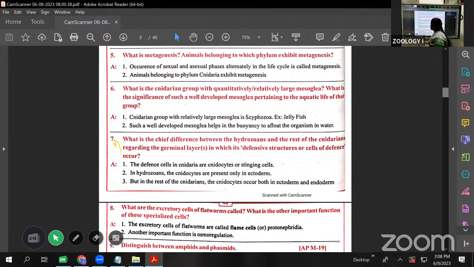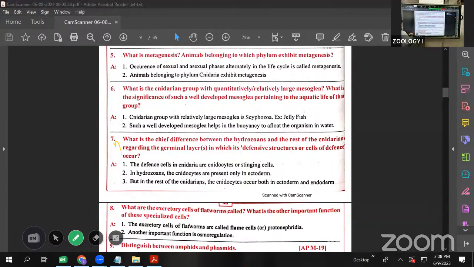Metagenesis is also important. See this one. What is metagenesis? The polypoid form and medusoid form together, we call that metagenesis. Occurrence of the sexual and asexual phases alternately in the life cycle is called metagenesis. Here, the polypoid form undergoes asexual reproduction and forms the medusoid form. The medusoid form undergoes sexual reproduction and forms the polypoid form. Alternate generations occur, which we call